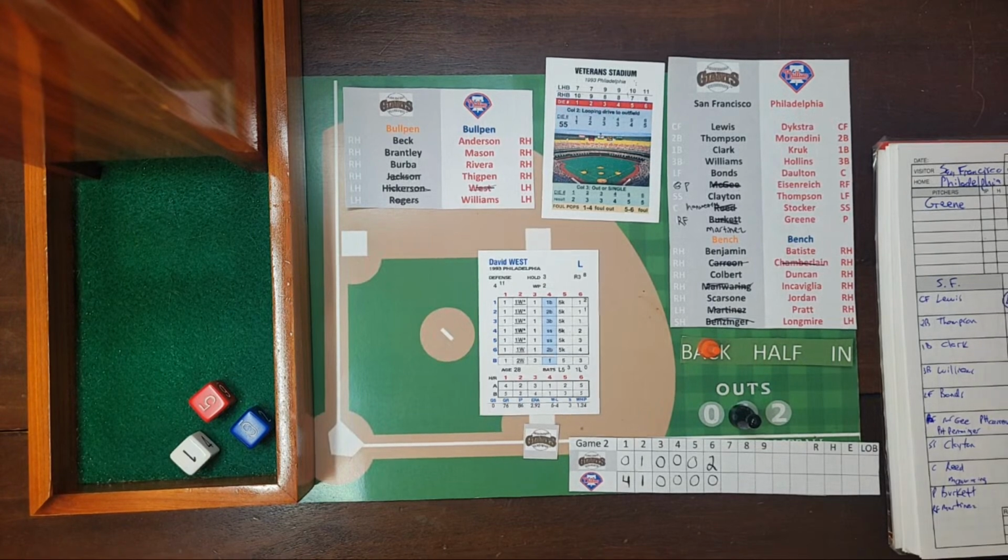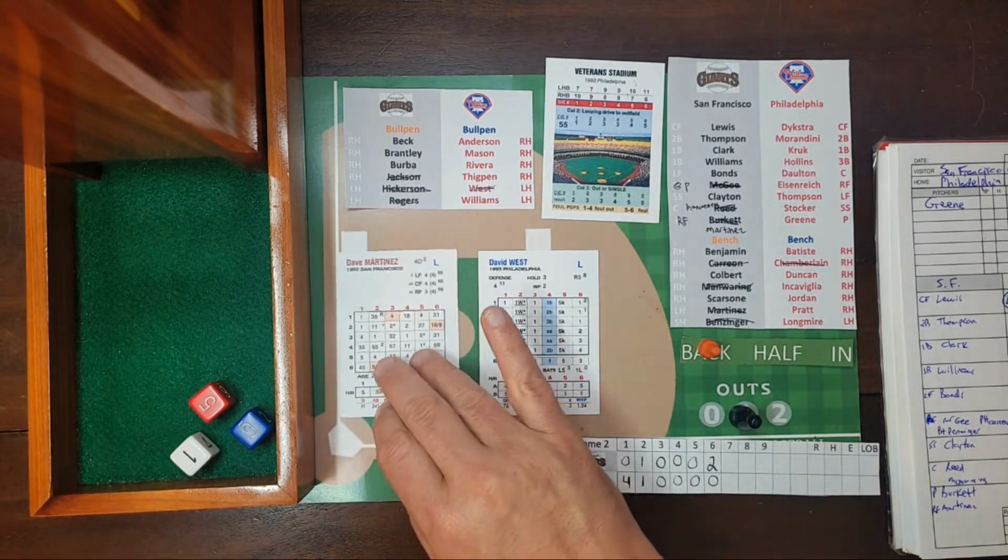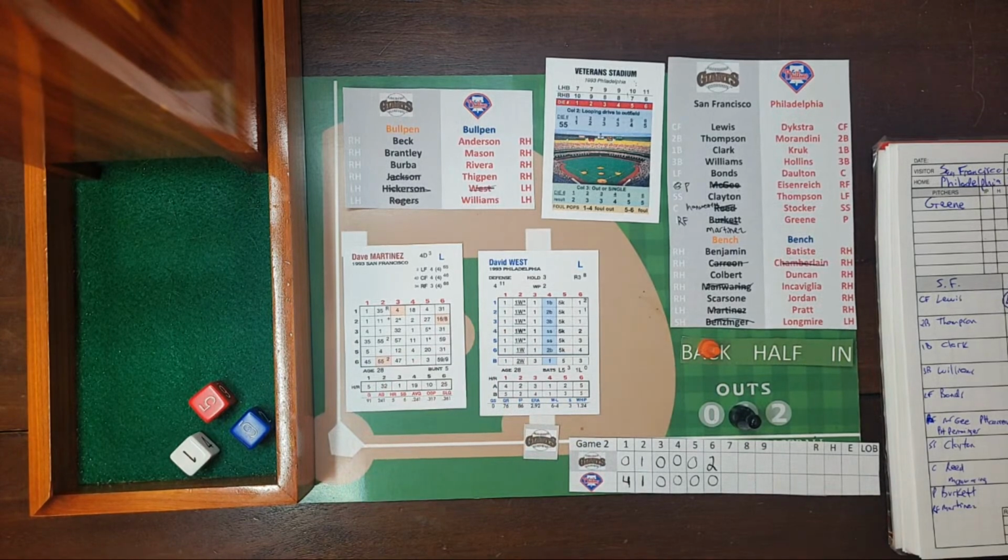Now, do they pinch hit for Martinez with a righty? They don't really have any guys that can play the outfield because they just used Carey on last inning, so they have no other outfielders. So they're going to have to let Martinez hit here. I don't believe they have any other body that can play the outfield. They do not. So Martinez will swing away